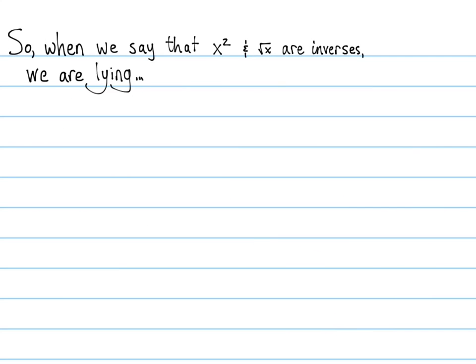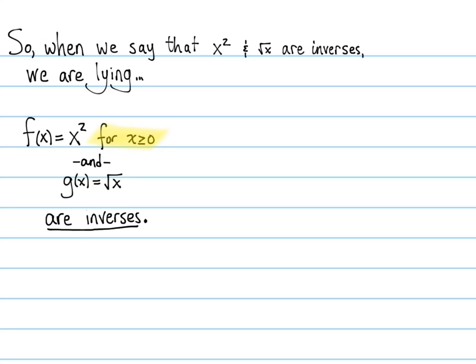So it's important to remember that when we say x squared and the square root of x are inverses, there's a lie going on. It's not totally true. x squared is a parabola, but the square root of x is not a parabola, right? And so they're not totally inverses. What we have to do is add the extra condition that x is greater than or equal to 0. Then x squared and radical x are inverses,